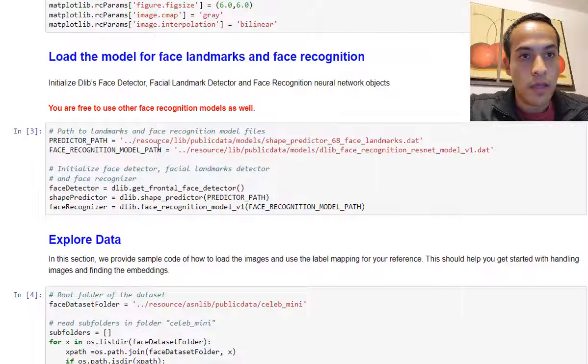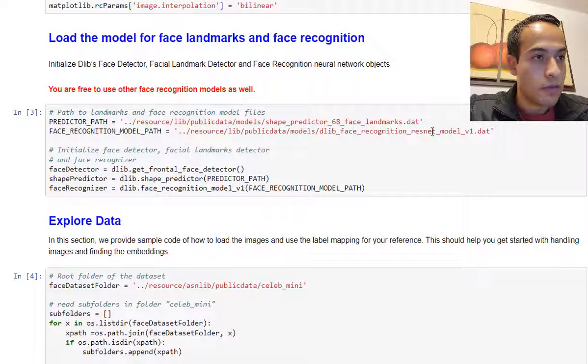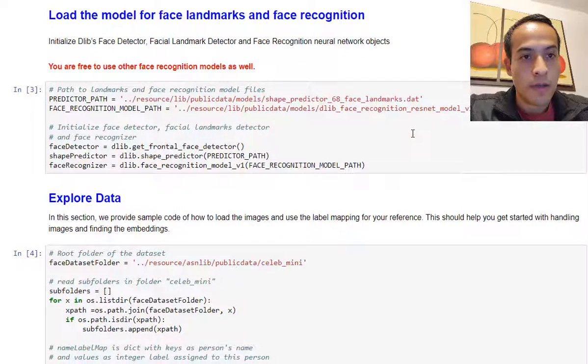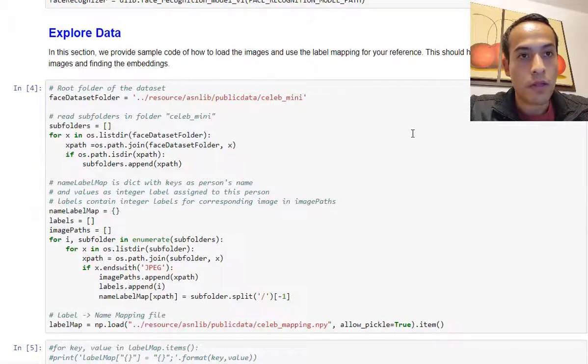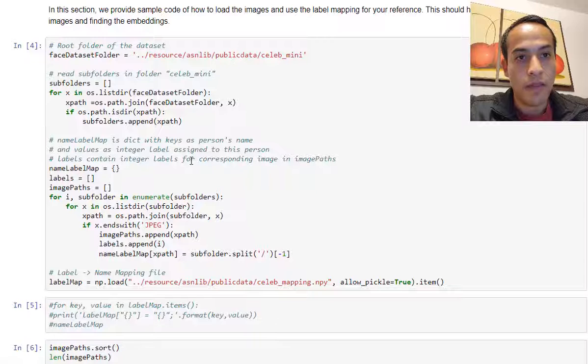Here we load the predictor path for the face landmarks and also the face recognition model, which is based on dlib using a ResNet convolutional neural network. Here we explore the data and we say that the face dataset folder is located in this location. We explore the subfolders and append them. Then we have the name label map,